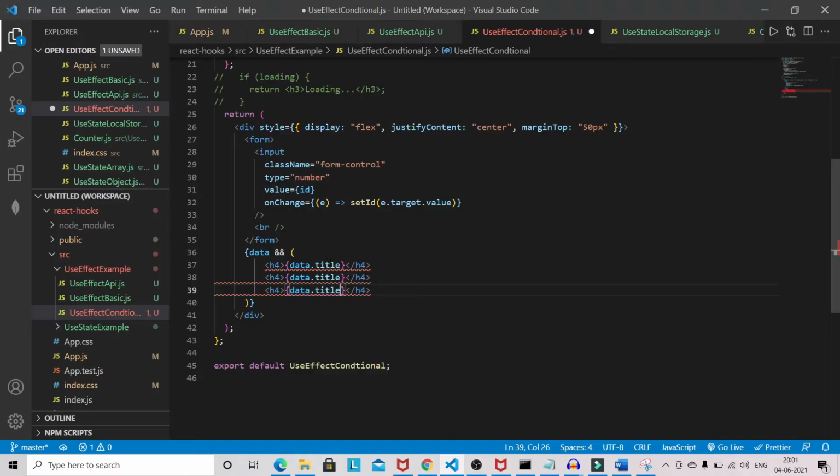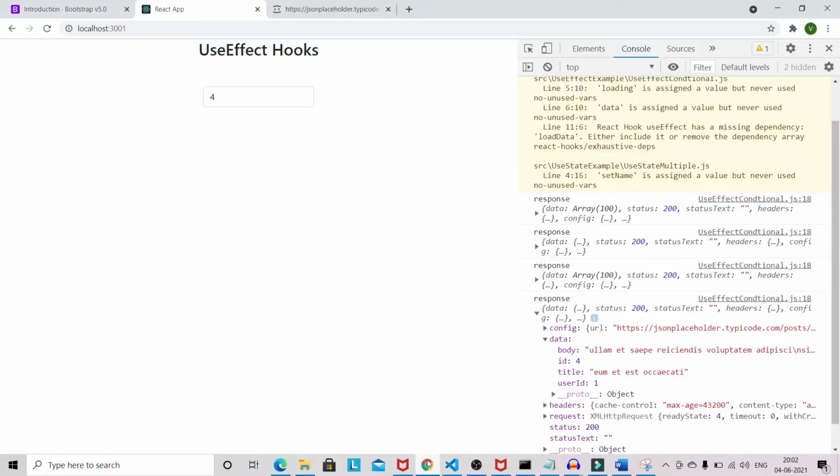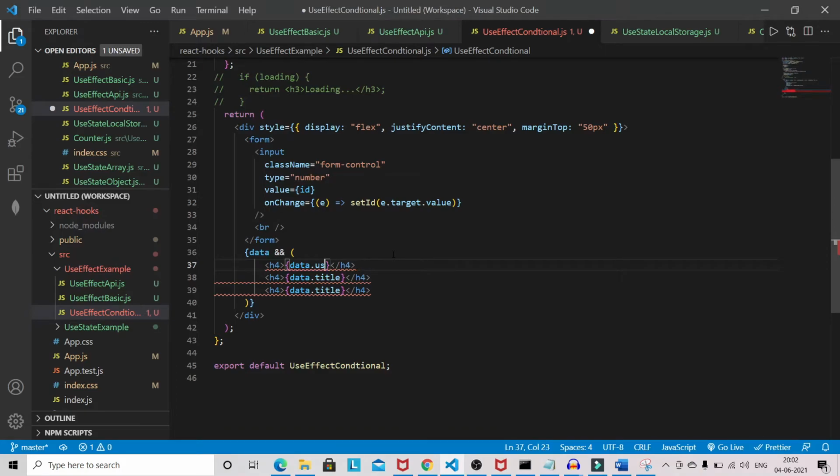So first let's show the user ID. Let's see the property. No, ID only. Title we have already, and body.